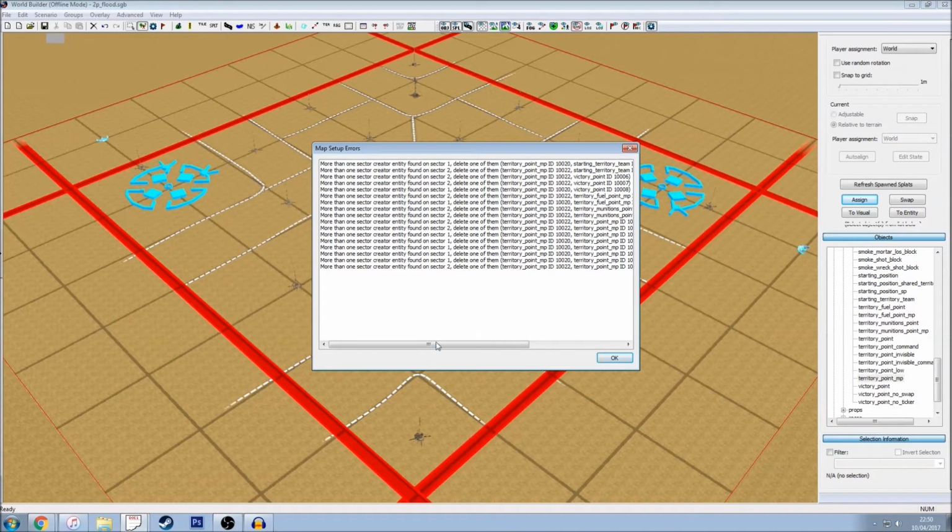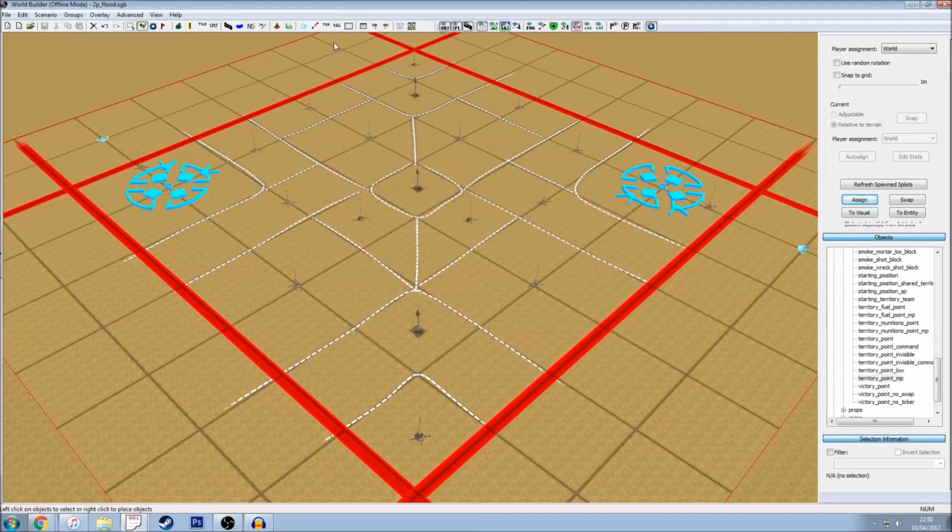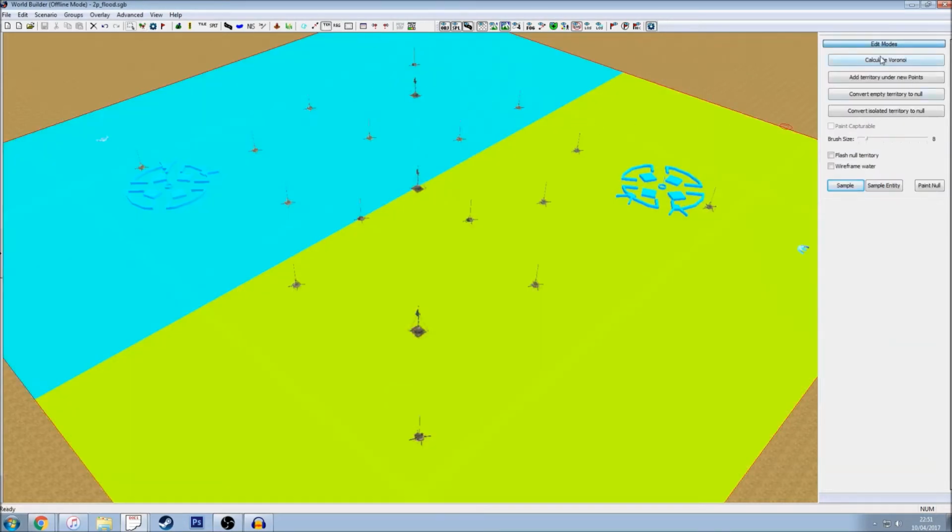What it says here is that there are sector creating entities, but they are already within an existing sector. Basically, this means the flags are trying to create a sector, but there isn't any territory there for them, and it won't let you save. What you will need to do is go on to the territory editor and click this button at the top